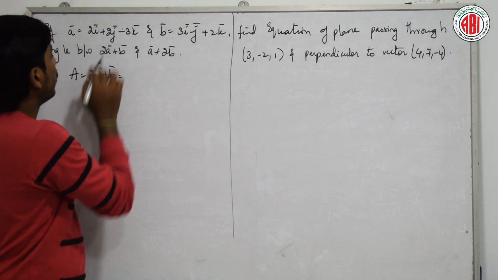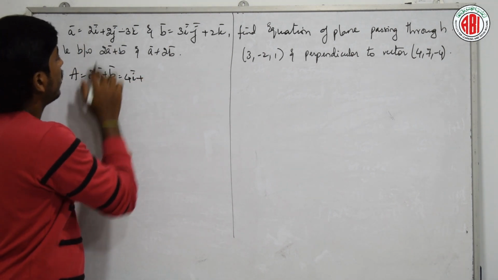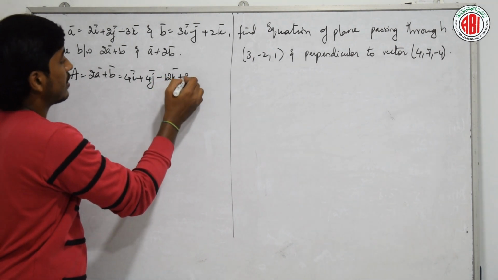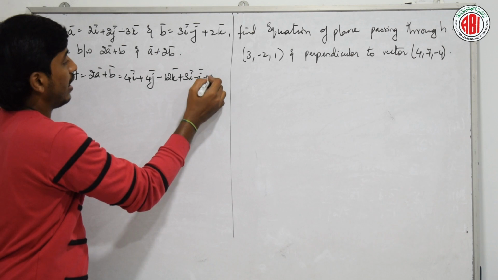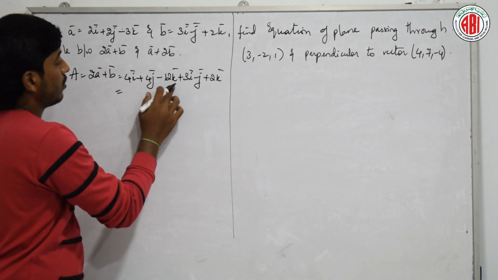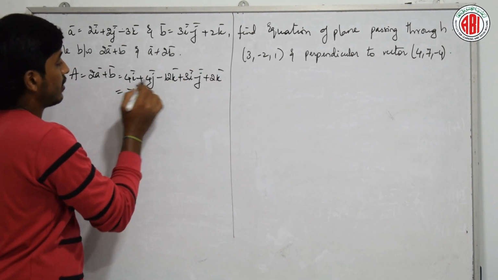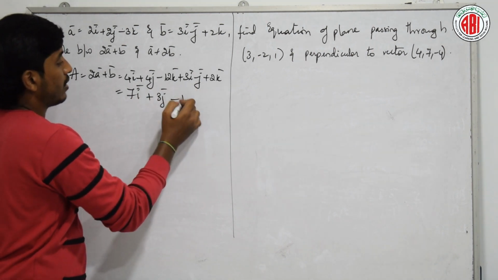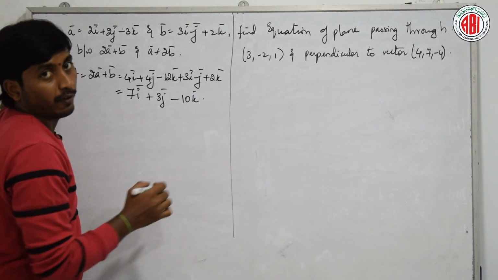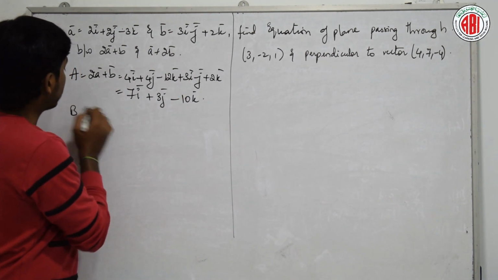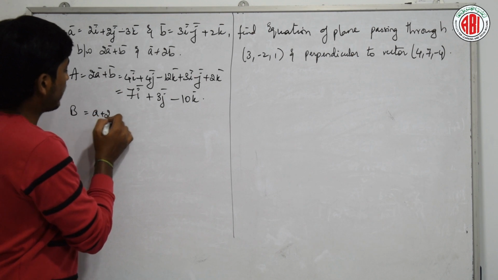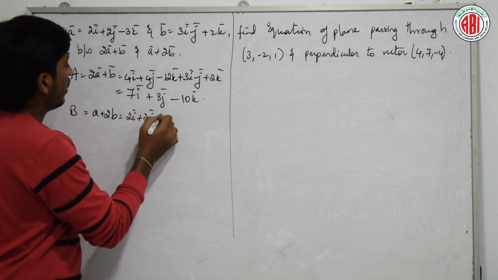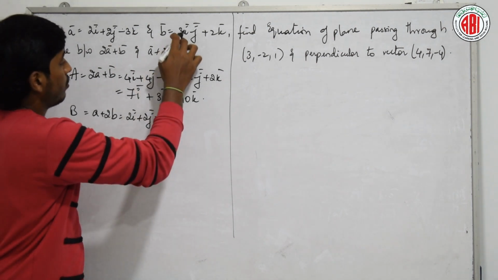Fine. Now 2 2s are 4I plus 4J minus 12K plus 3I minus J plus 2K. Now 4 plus 3 is 7I, 4 minus 1 is 3J, minus 12 plus 2, that is minus 10K. Fine. Next, let us take B, A plus 2B, that is 2I plus 2J minus 3K plus, now multiply 2